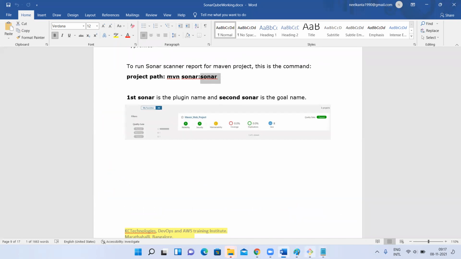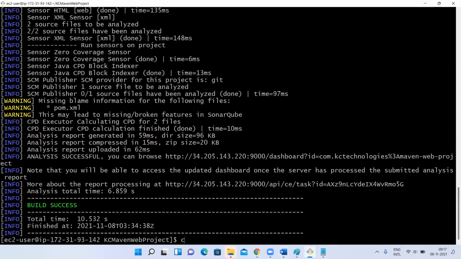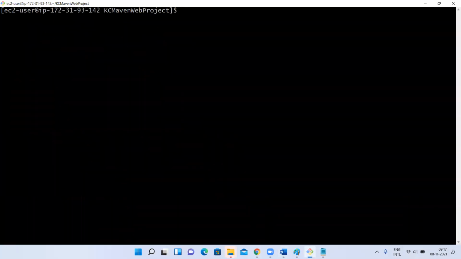Now one more thing, the most important thing I forgot to tell you. Let me quickly tell before I forget. See, SonarQube, as I said clearly at the starting, is a code quality analysis tool, right? So I can run just like this, mvn sonar:sonar. I need not give mvn clean package.